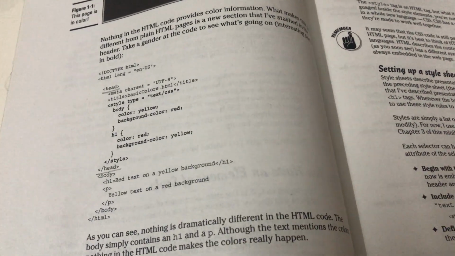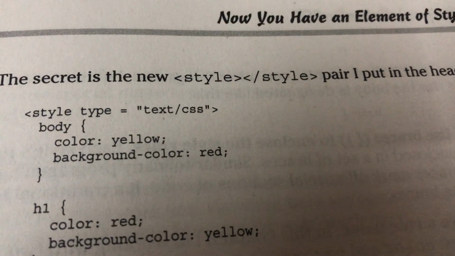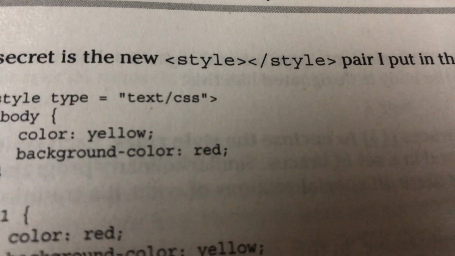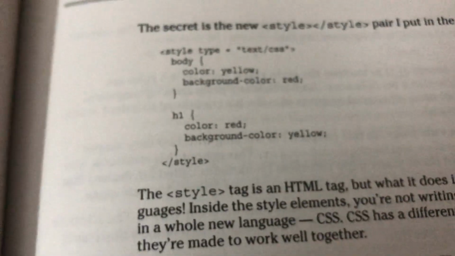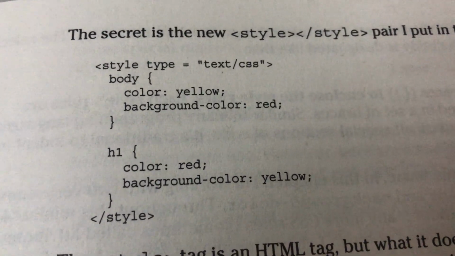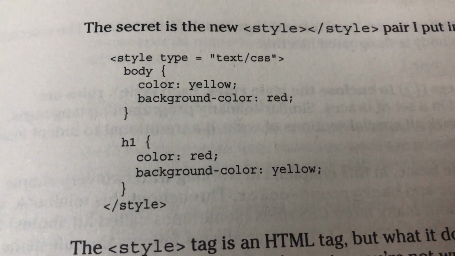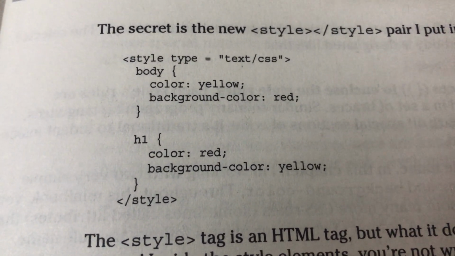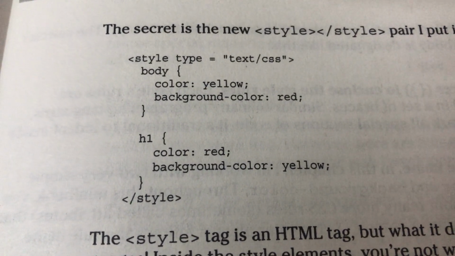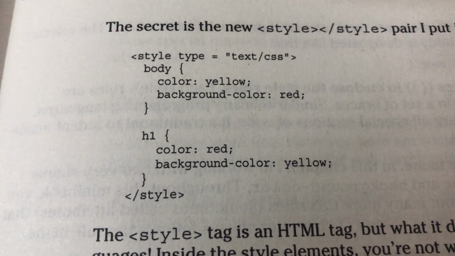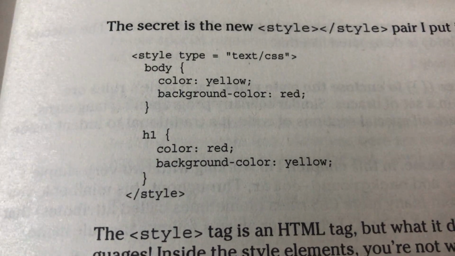Now, when we are adding style to the page, the secret thing is the style and slash style tag. All the styling information will go between these two tags. So let us take a closer look at it. Only the style tag. You can see the first line says that style type is equal to text/CSS. So this type attribute of the style tag is basically going to allow you to identify the type of the